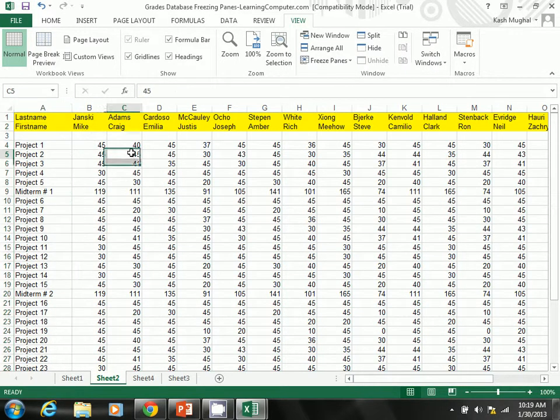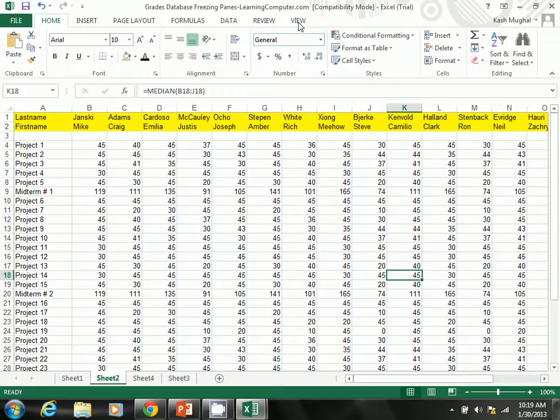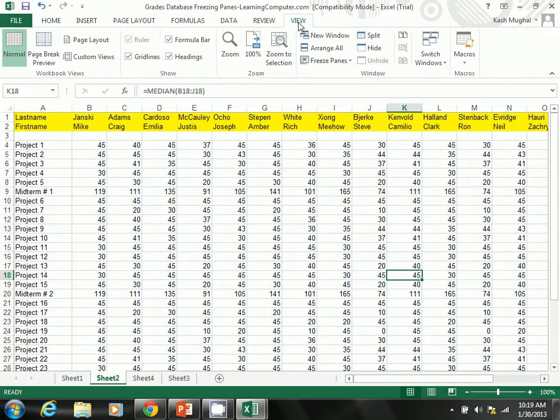And the idea is going to be that as we scroll to the right, it should get locked. Okay, so really what you do is, it doesn't matter, you could have a cursor at any point for this one. You are going to go to, this is not in the home tab, you're going to want to go to the view tab. Okay, and then you will see the window group, and within the window group you will see this option that